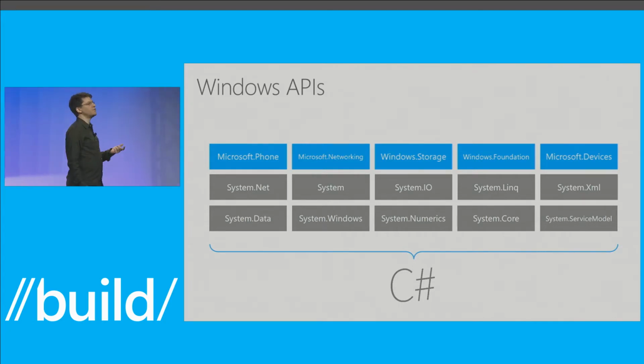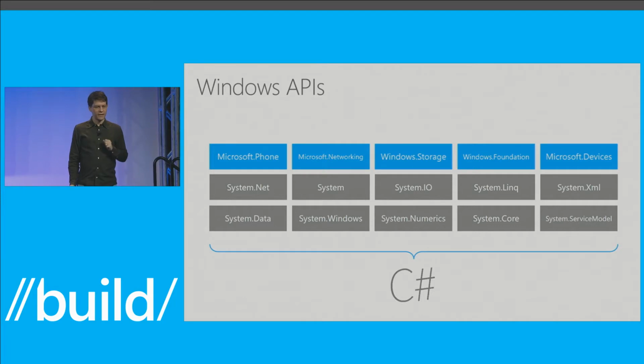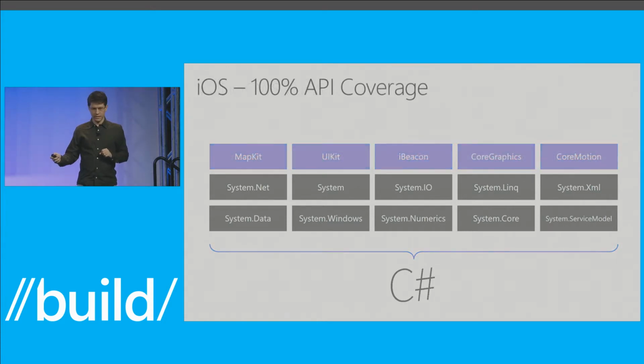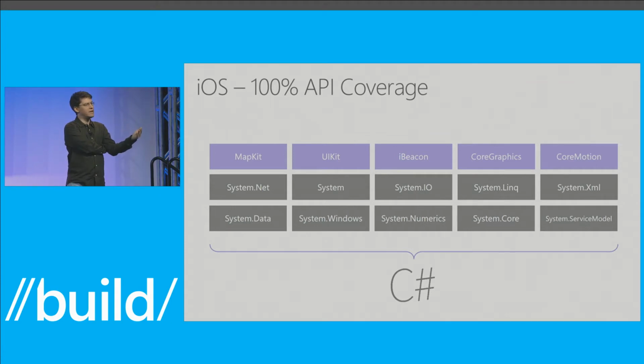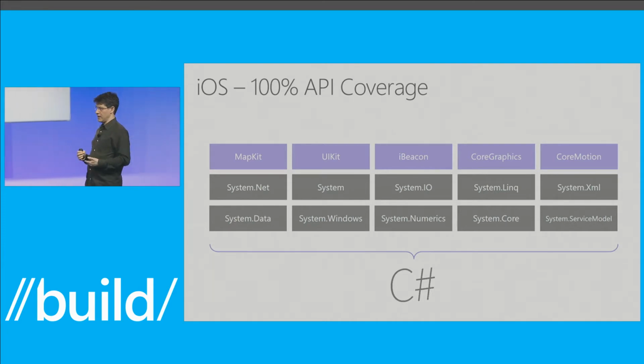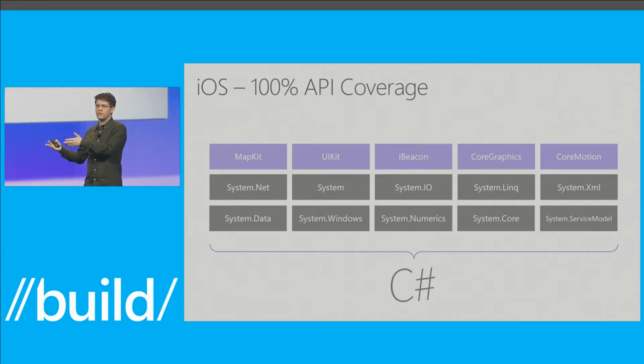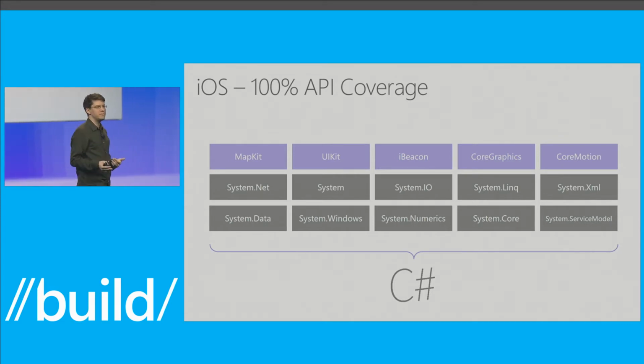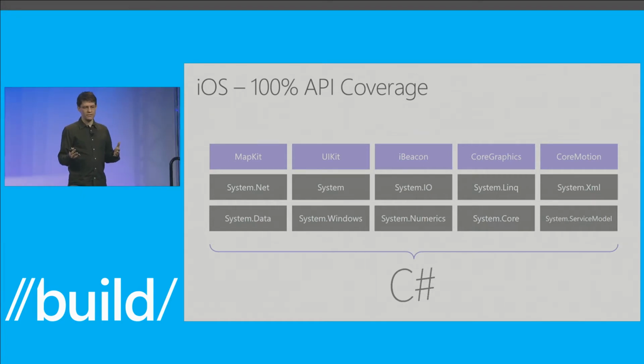So what we've done with Xamarin is we essentially give you all these gray boxes that you have there. We've given you all the same gray boxes, but we've also augmented it with the native APIs of the platform. And we've done two things here. One, we've done a one-to-one mapping to every API on iOS and Android. So if it's available for Swift or Objective-C, it's available to C#. Same thing with Android. If it's available in Java, it's available in C#. And we've mapped it in a way that follows the .NET framework design guidelines.